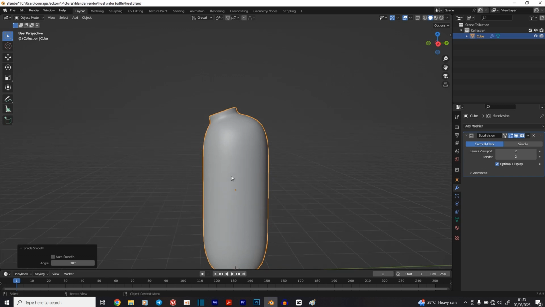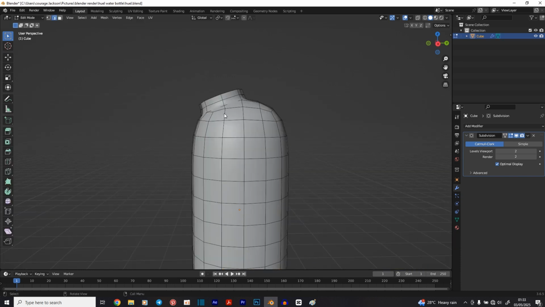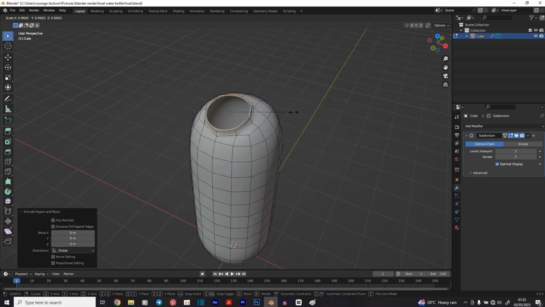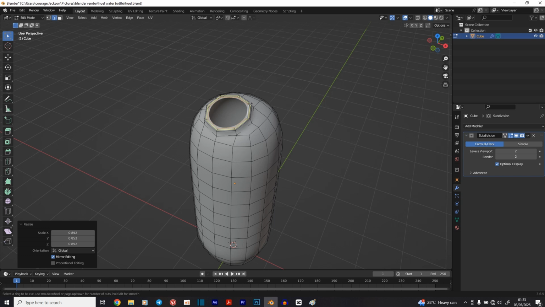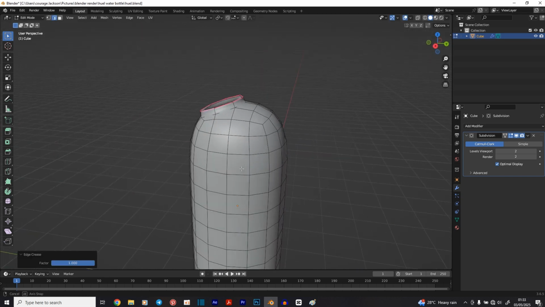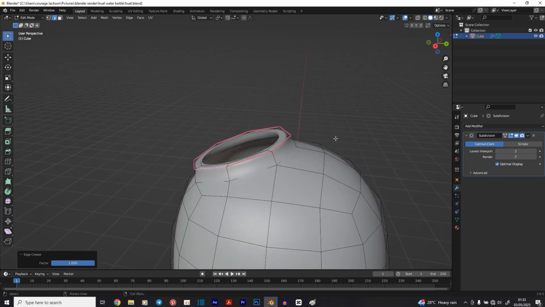All right, so the next thing we're going to do is start creating the bottle cap. So this part, I think I need to take this out. Let me just delete this part and select this, scale this in and add in an edge loop. If you don't want to add an edge loop, you can use Shift E to add in crease, I mean crease. But if you ask me, I prefer adding edge loops. So Control R,